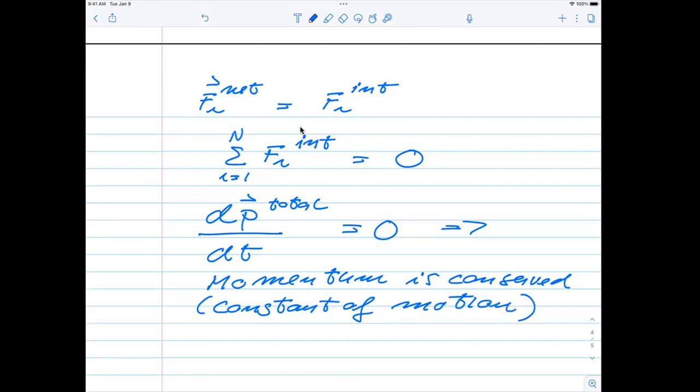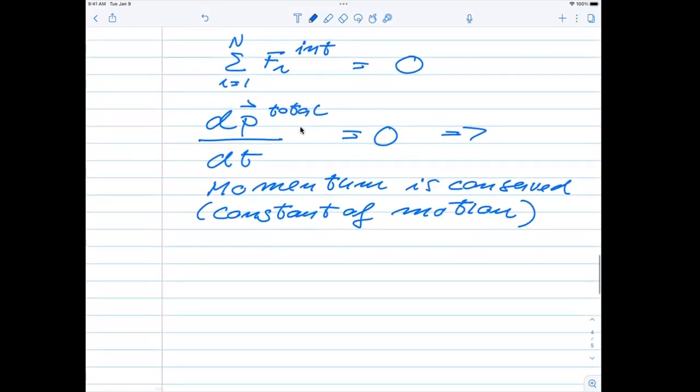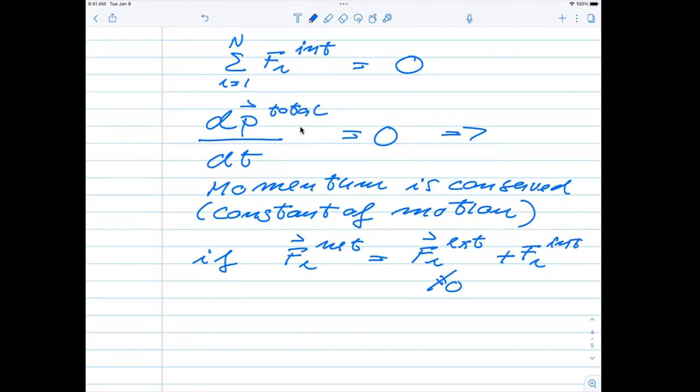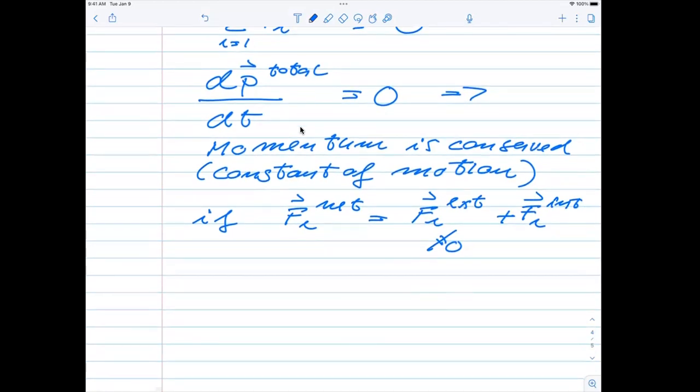Now we have to be a little bit careful. If we have an external force, suppose now that F_i net is equal to F_i external, which is not equal to 0, plus the F_i internal. If we plug that in again, then we know that when we are summing up here, the total force